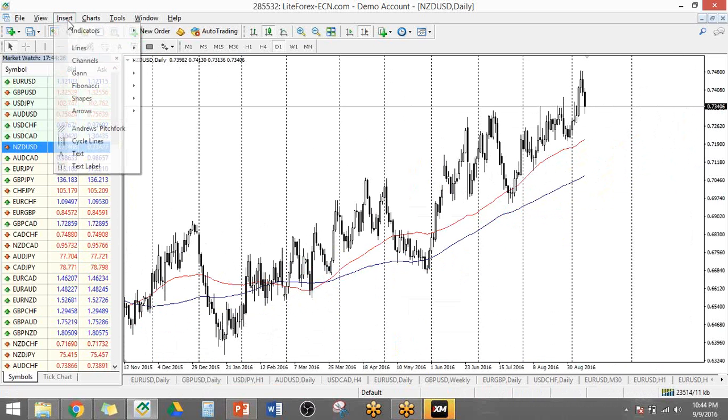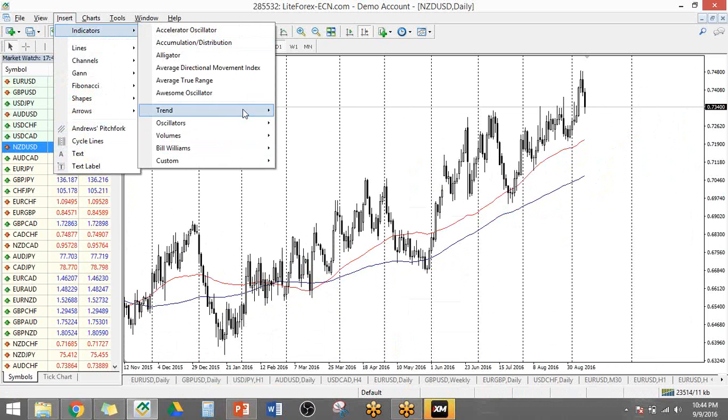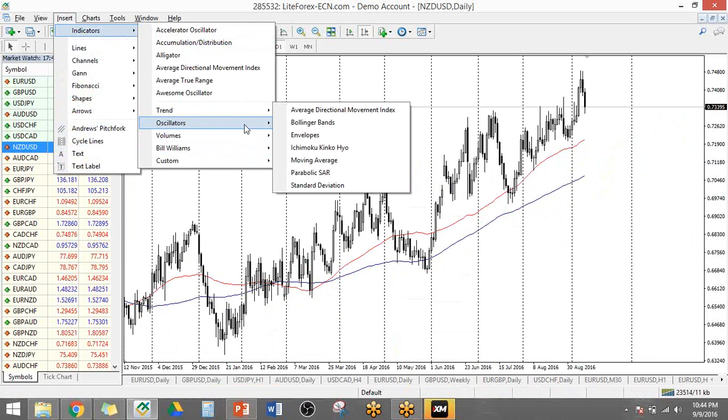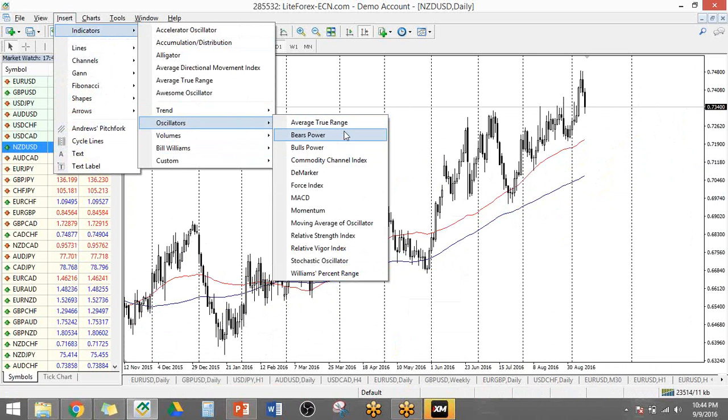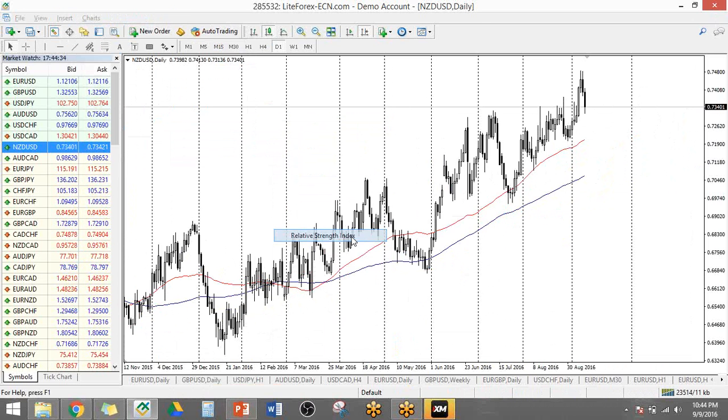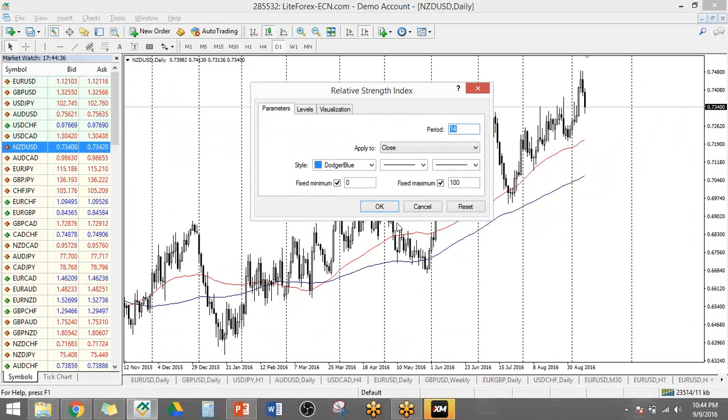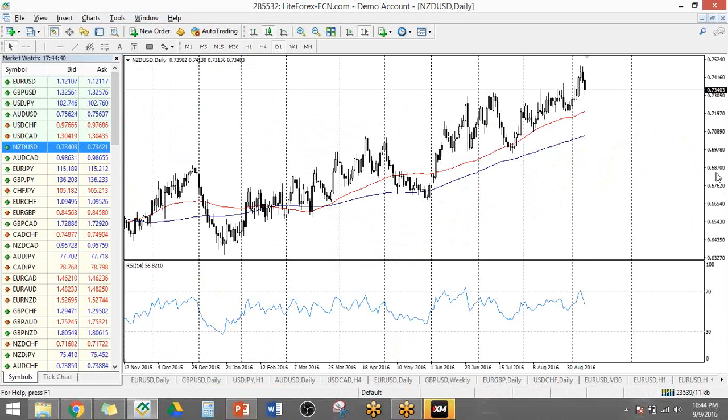Now you can also add in the second one, RSI, relative strength index. Okay, and then you have here, there you go. It's basically measuring if the currency is oversold or if it's overbought. And then you have levels here. You have 70 and you have 30 here. If the price is already above 70, that means it's already overbought.